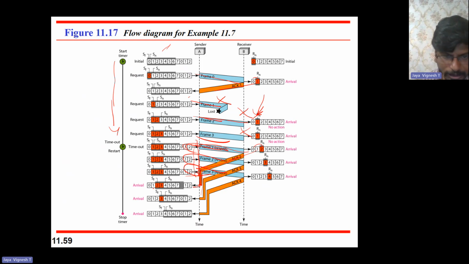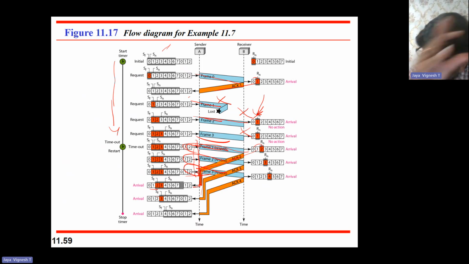So as and when he gets an acknowledgement, he keeps sliding the window by the slots, right? When ACK2 is got, he slid by one slot, then ACK3 another slot, then ACK4 another slot, right? So that's the idea behind Go-Back-N. So Go-Back-N is: if your timer times out, you have to go back and retransmit from SF till SN, whatever you have